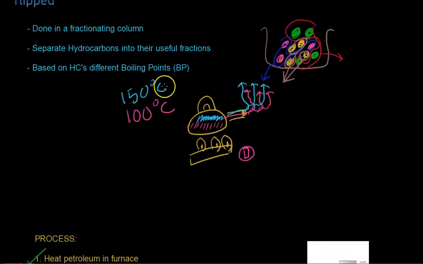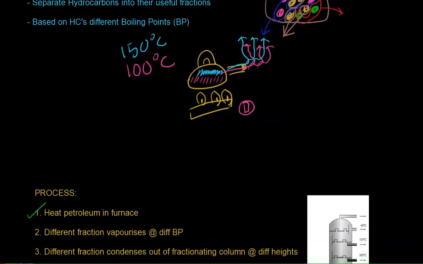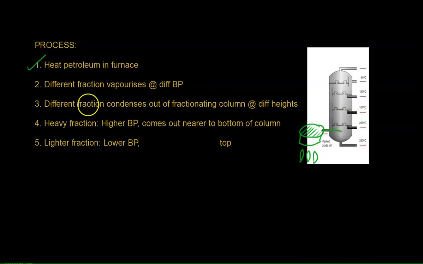Different temperatures, different colors of liquid come out. We'll go into the fractions in detail later, but this is just a rough guideline. At different boiling points, different fractions vaporize. For example, at around